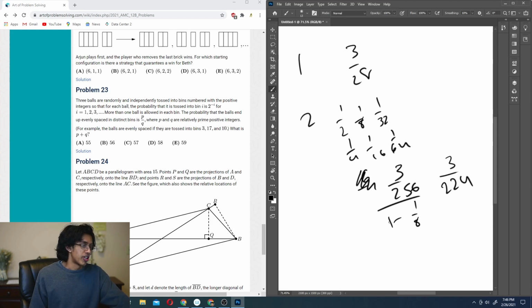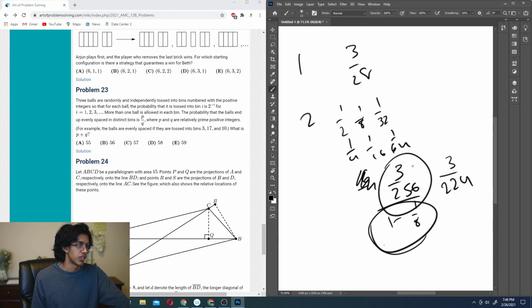And I'm assuming the ratio will always stay the same. But the first term goes 1/2, 1/4, 1/16. Then you divide this by 2, you divide that by 4, divide this by another 2, you divide that by another 4. So the ratio of the first term is also 1/8. If you multiply this by 8, you also get 224. Essentially your first term is 3/28 and your common ratio is 1/8. So you get 3/28. So what?